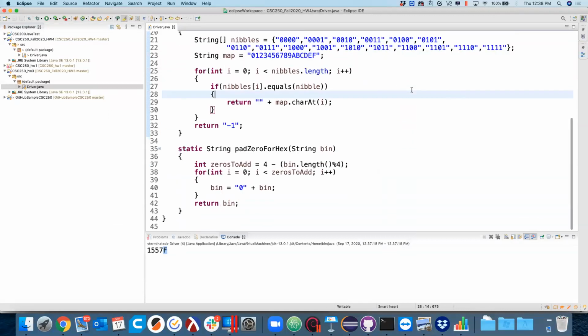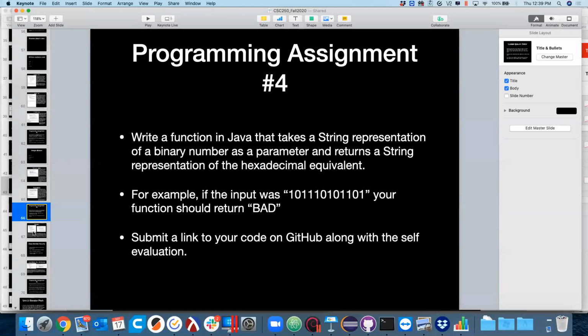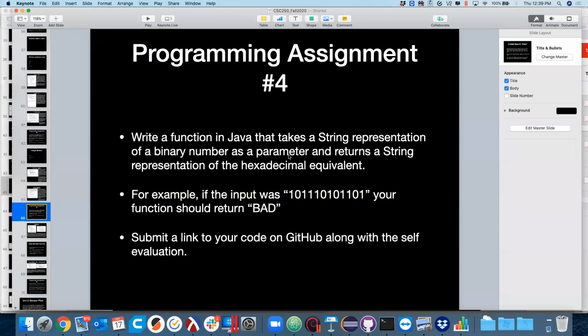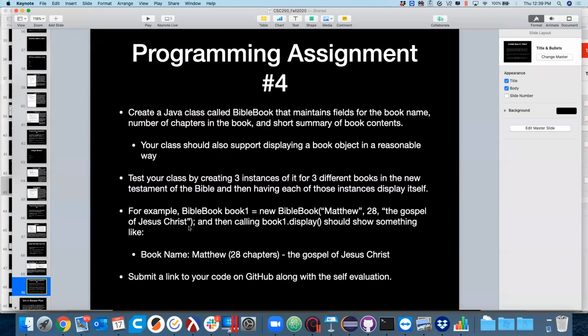Okay, so questions about any of that stuff? All right, so let's look at functions. This is that string comparison thing. So within the slides, you can look at. All right, we want to start writing classes. Let me just see what the next